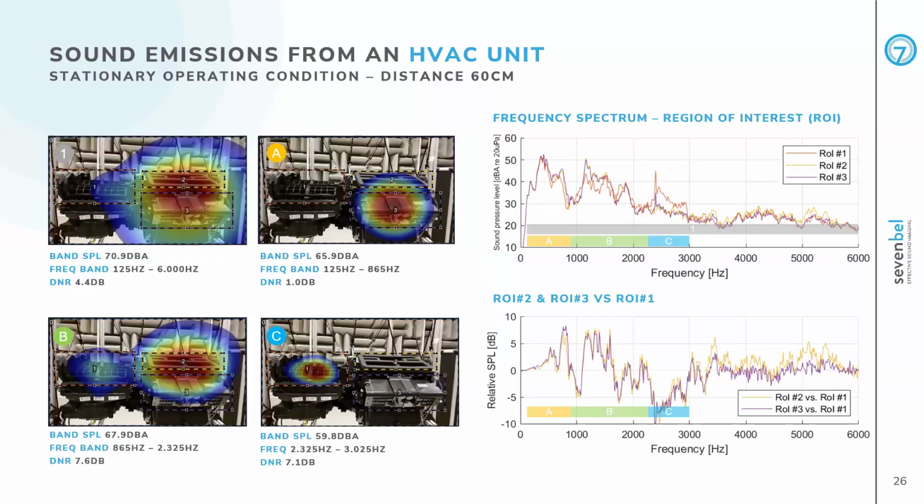Once again, on the top left, we have image number 1, full band. It's the exact same one that we had seen before. If we focus on the top right, we have the frequency spectrum for each of these regions of interest. Of course, in the software, we can zoom in, but in this presentation, it's a bit more complicated. But we can immediately see that the orange curve, around region C, is way louder than all the other curves. So we already know that region 1, the orange one, is much louder than the others, between about 2 and 3